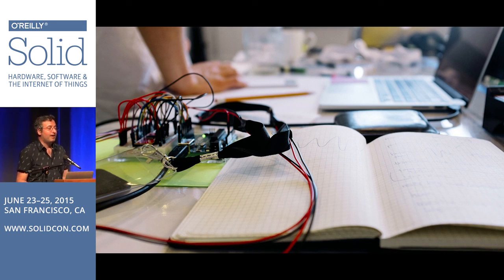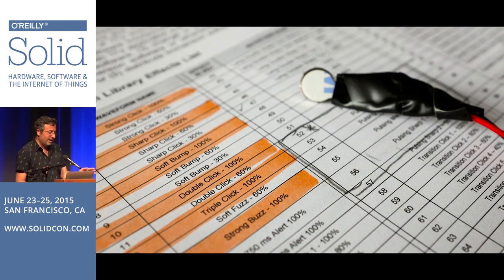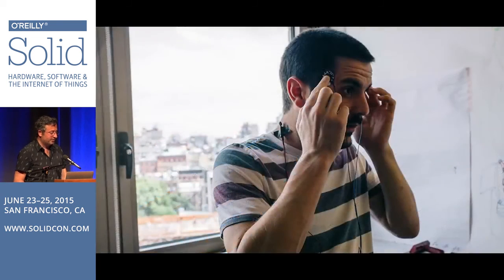We need to figure out what is the natural language of touch, of ambient sound, of all these different interactions that aren't visual. We need to figure out what they are. So we figured out a lot of different vibration types. We learnt quite early that it's not nice to have anything vibrating around your head. It can feel quite disturbing.